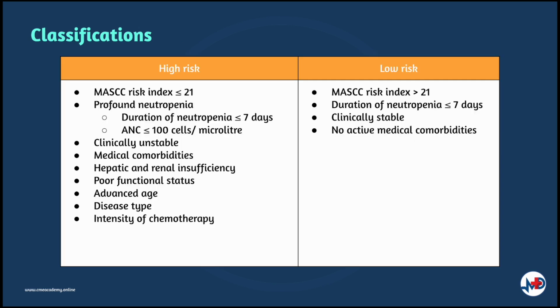So the patient is stratified according to the MASCC criteria as we just had a look and managed accordingly. The score of the risk index shown in the previous slide is based on the burden of illness, mild or moderate symptoms, whether there is presence of hypertension, chronic obstructive pulmonary disease, solid tumor or hematological malignancy with fungal infection present, or dehydration requiring parenteral fluids, outpatient status, and lastly the age less than 60 years as we have seen. And this table shows the classification of risk for infection with febrile neutropenia. So if one has a risk index of 21 and less, it renders them to be in the high risk group as opposed to those with a risk index of more than 21.